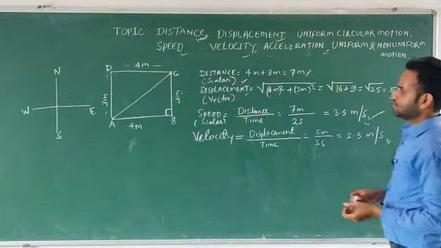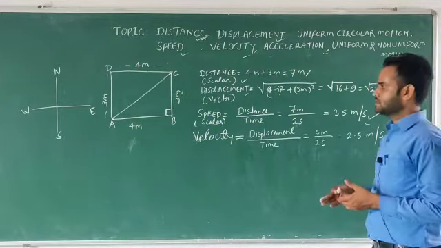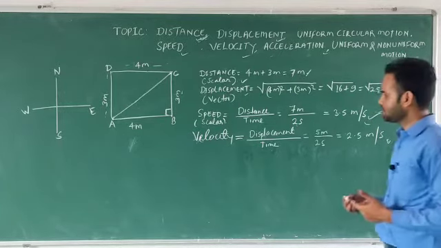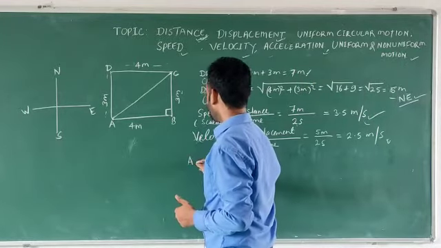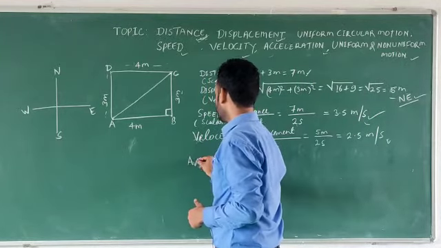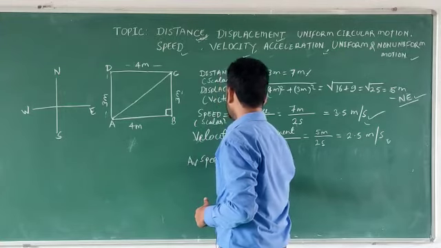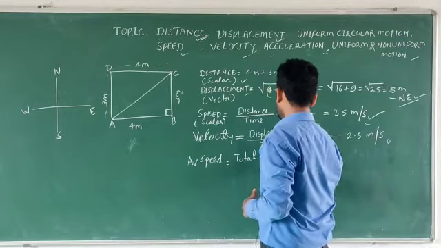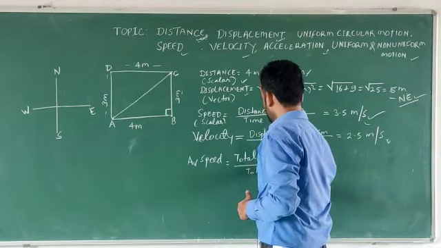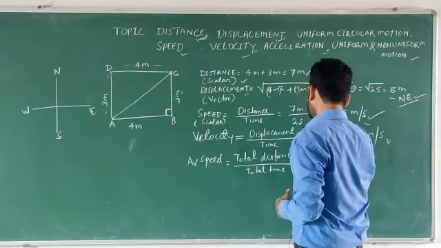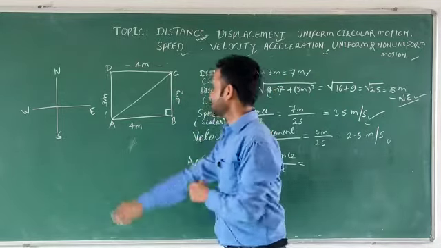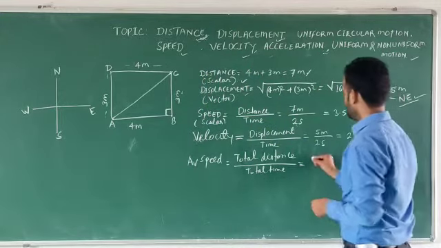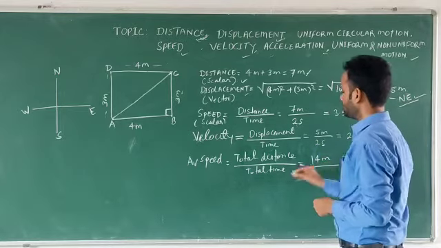Because the person is covering the same distance in different intervals of time, we have to calculate the average velocity. First we would start with average speed. Average speed would be the total distance divided by total time. So the total distance would be 4, 3, 4 and 3. Then we have to add all of these. So 4, 3, 7, 7, 4, 11, 11, 3, 14. So 14 meter divided by total time.